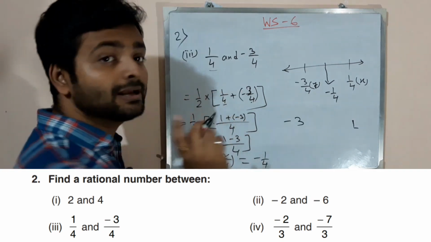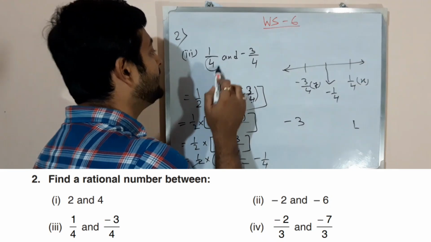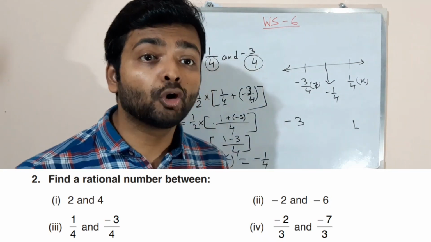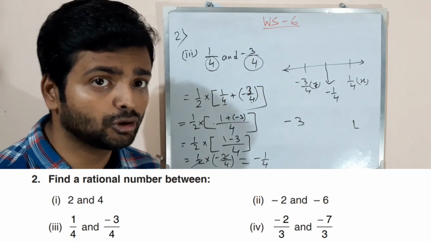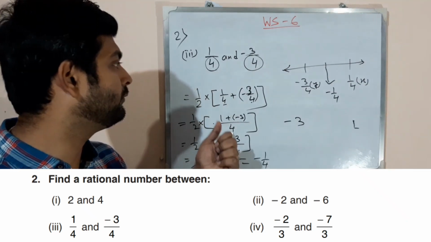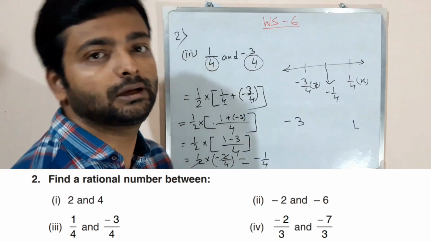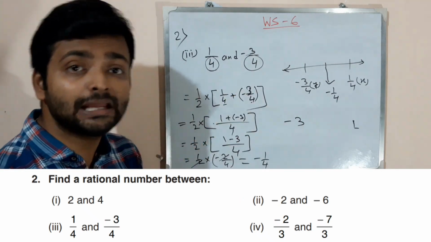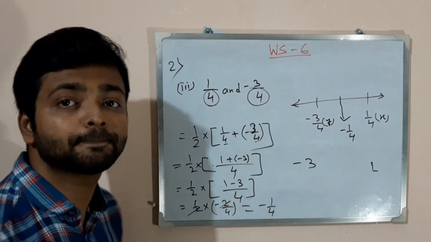I'll show you. First what to do? Make the denominator equal. Now here it is already equal, you can see. Actually, another method I'll show you, that it is very easy. This method is very easy. If you understood, I can tell you that you are going to follow this method only, you are not going to follow this. So please listen to it carefully. What to do? First make the denominator equal. So it is already equal, so just write their numerators, minus 3 and that is 1.